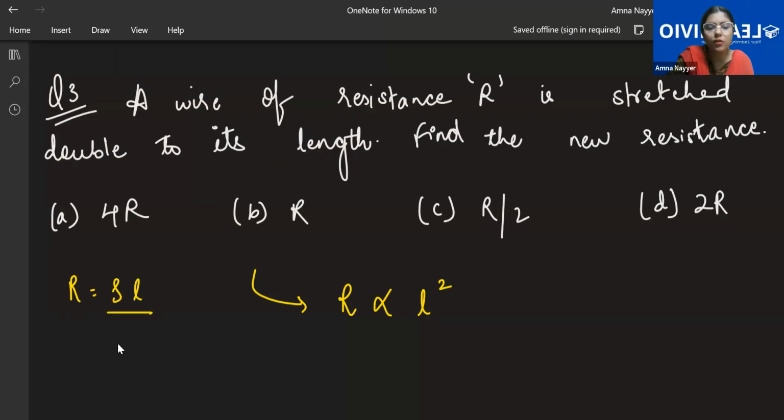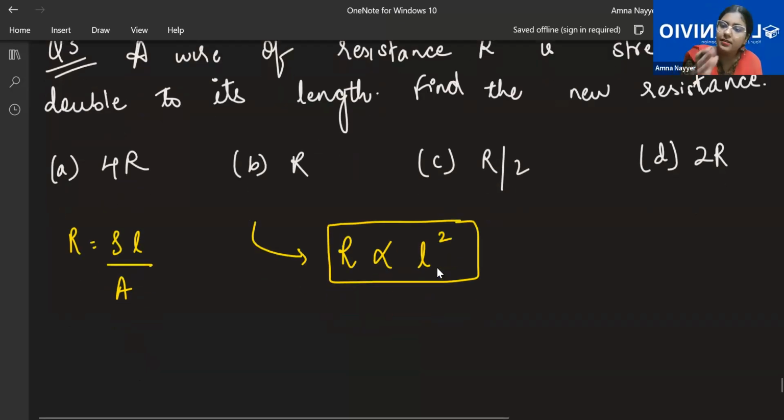R is equal to rho L by A. This is not a percentage question. For a percentage question, I've already told you in the class. Here, you're just finding out the change. Here, you're just finding out the ratio. So in ratios, basically the things cancel up, rho will be cancelled, area will be shifted. So whatever area will be there, it will be one more times in the denominator of its length. So when it goes up, it ultimately becomes L square. Directly, why not use this formula? R is directly proportional to L square.